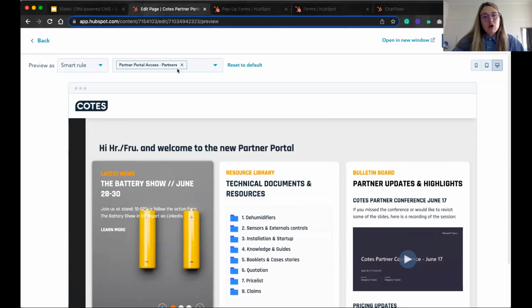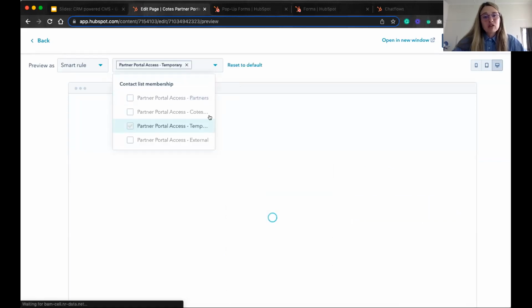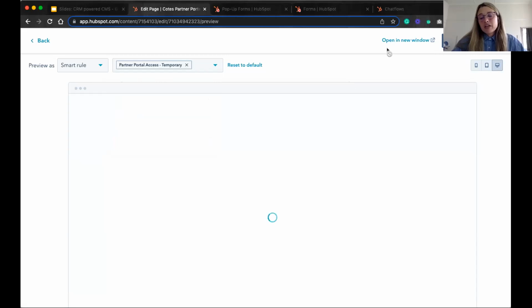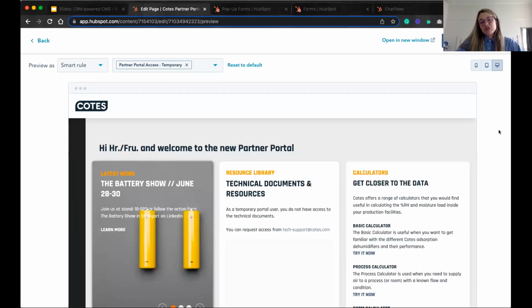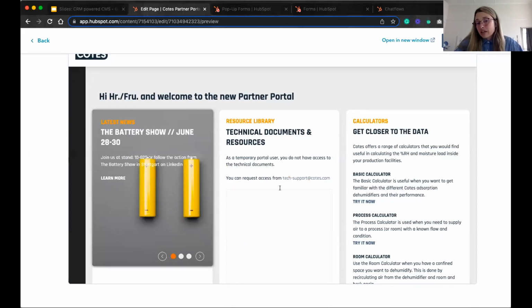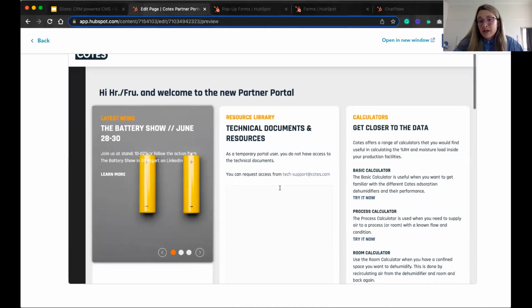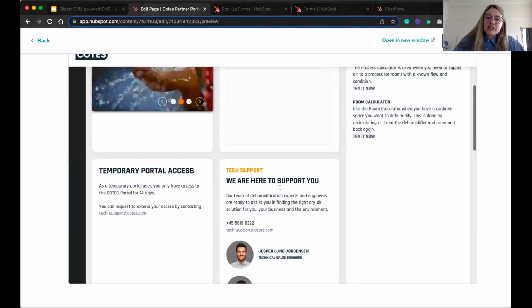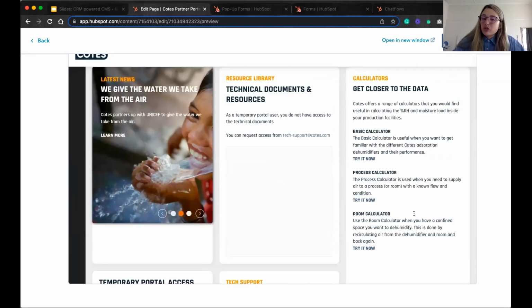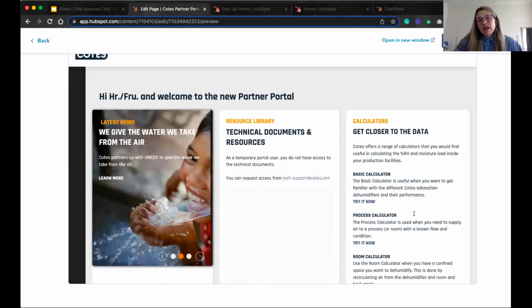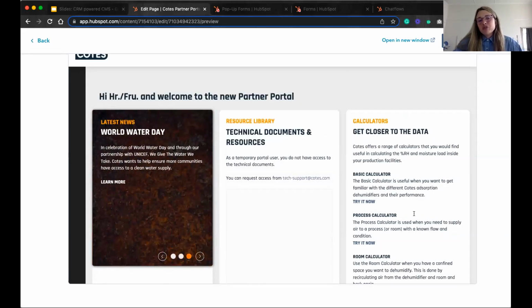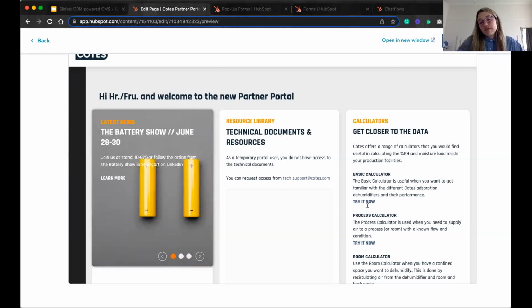But if, for example, we go to the list that is marked as temporary, then you'll see they only have access to limited pieces of content. So they have to request further access to see, for example, the technical documents. They have to request further access to see the latest updates on the news stories. So this is a very easy way to show different users specific information based on their buyer's journey,